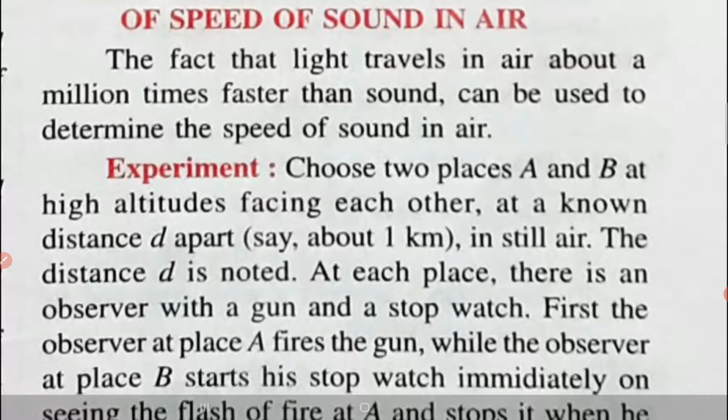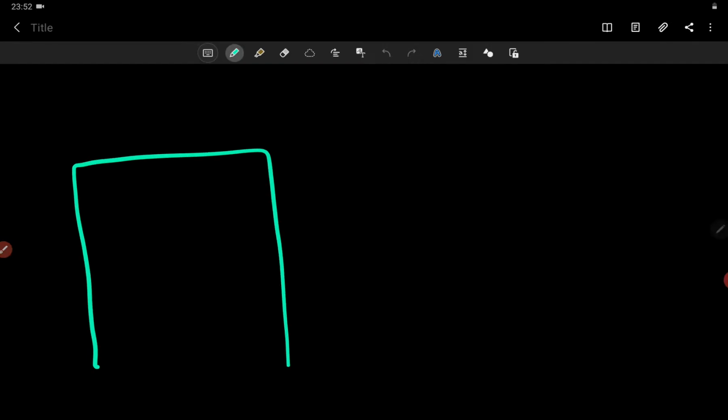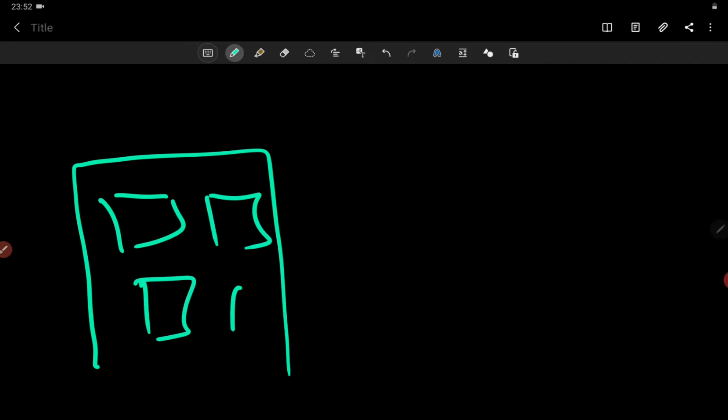Okay, let me go back to the blank space where we can draw. So here we are taking two buildings, right? Okay, we shall take two buildings. So this is building A, right, and this is the building B,